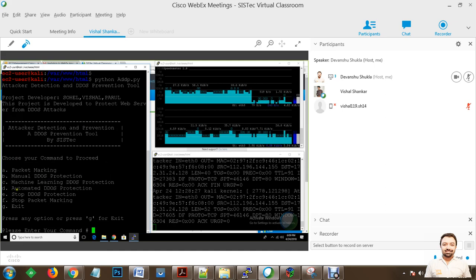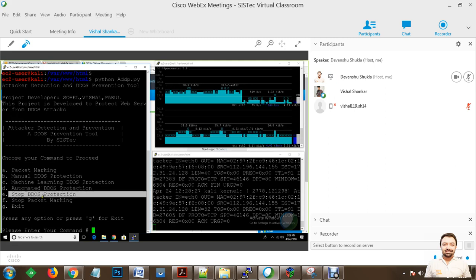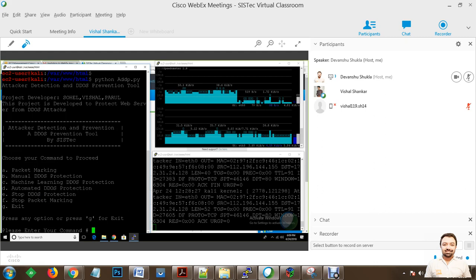You can also do automated DDoS protection, and you can make your server unprotected by stopping packet marking and DDoS protection. At the moment you can see that we have another window, which is the logs window, and it is not recording any packets because we are not marking the users.